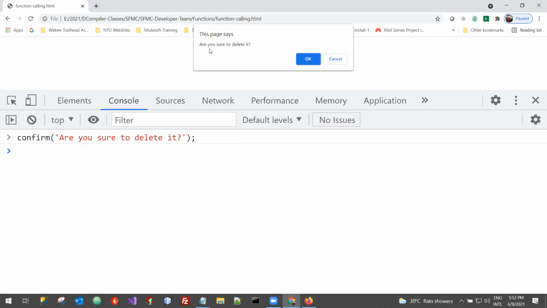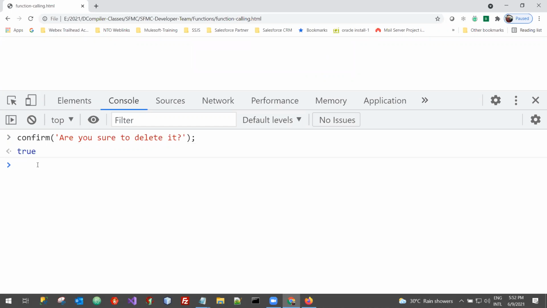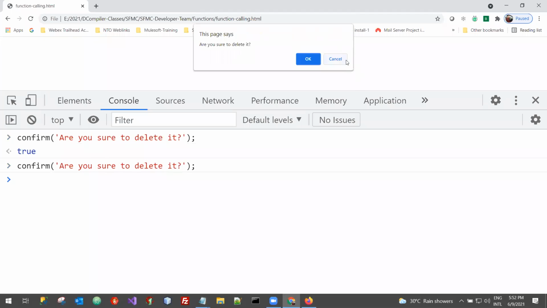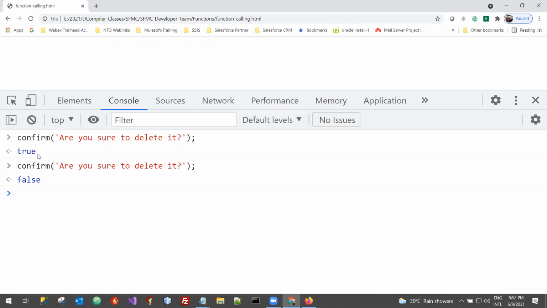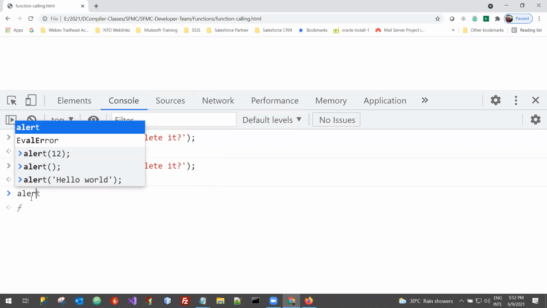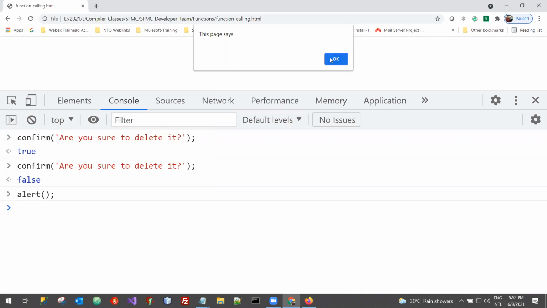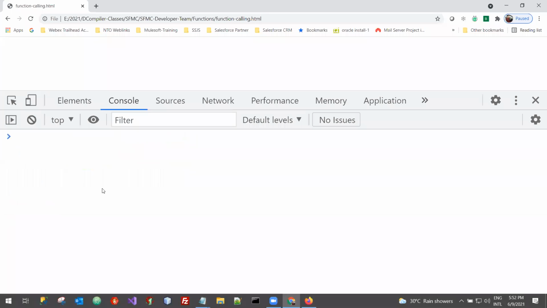It is just showing you one more. Are you sure to delete it? If I say OK, you'll get true. Based on this value, we need to work on it. If I click on cancel, what am I getting? This is the return value. Every function will have a name, will have an argument. Based on the action, it will return a value. In this scenario, if you click OK, it is true. If you click cancel, then this is the return value. Alert doesn't have a return value because you have to click OK. That is function. I explained this with the support of JavaScript,